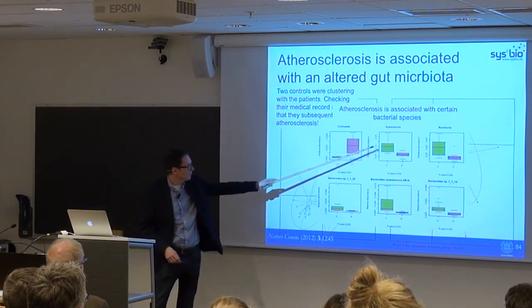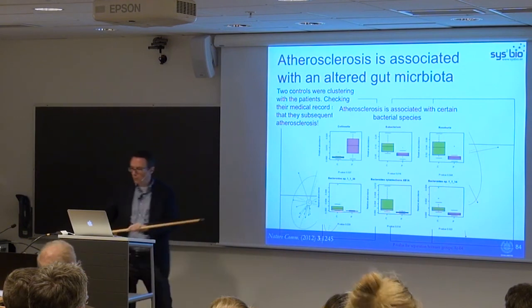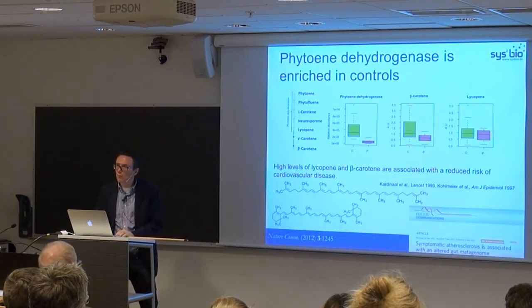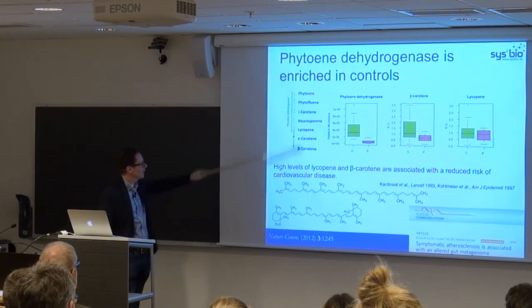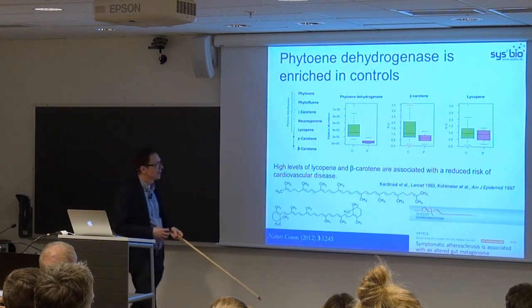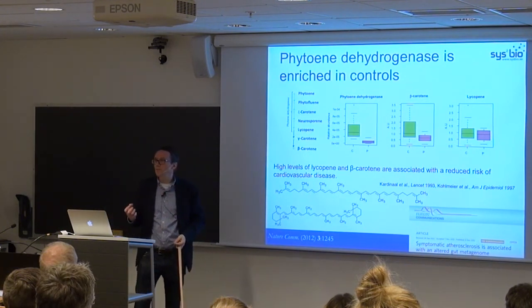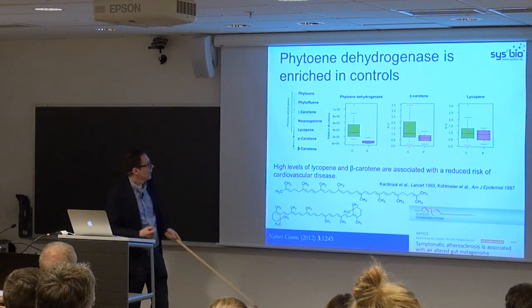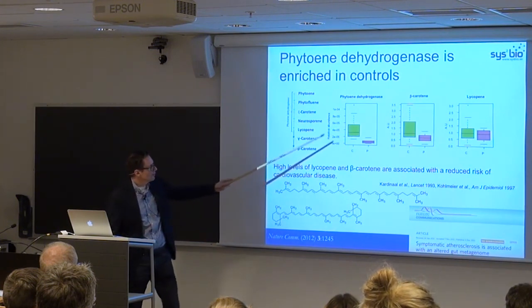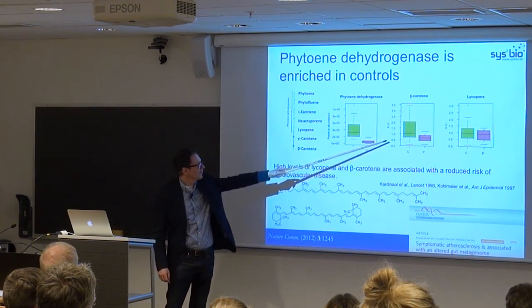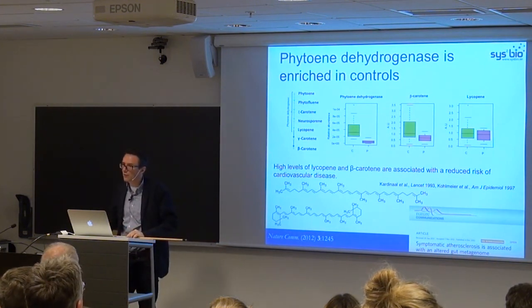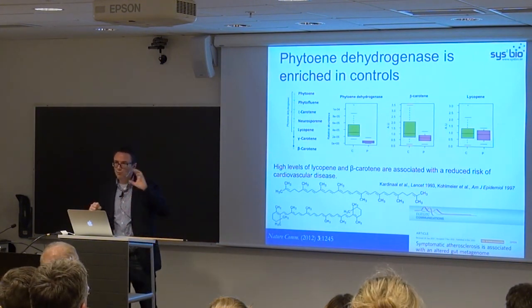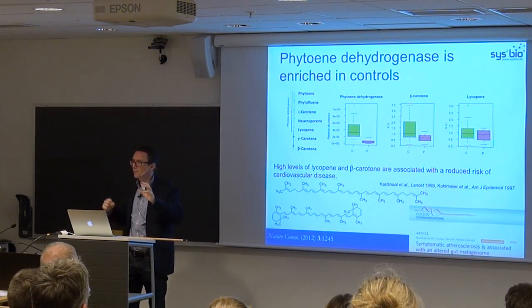And interestingly enough, we could also find what really drives this. There are some specific species that are driving this, but more importantly, when we looked into whether there are any metabolic drivers of this, it turns out that the genes associated with beta-carotene and lycopene biosynthesis are really distinctly different between the two groups. And that led us to begin to analyze for beta-carotene and lycopene, and you can see particularly for beta-carotene, we had a significant separation. It's much more elevated in the control patients compared with the